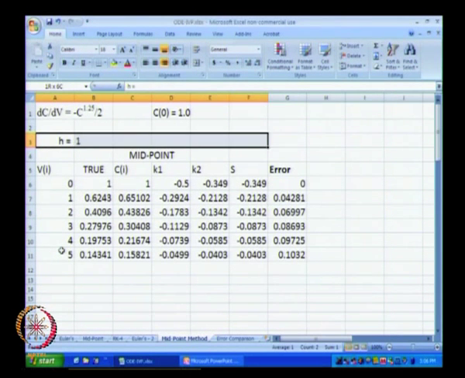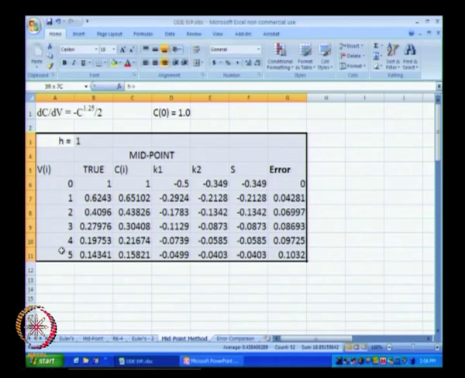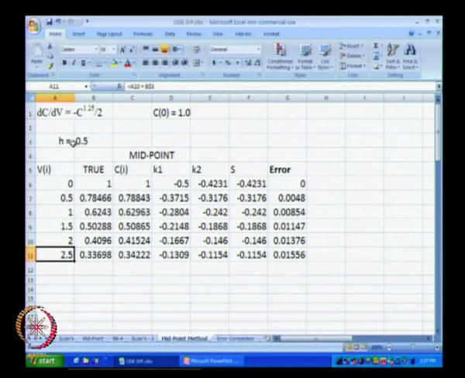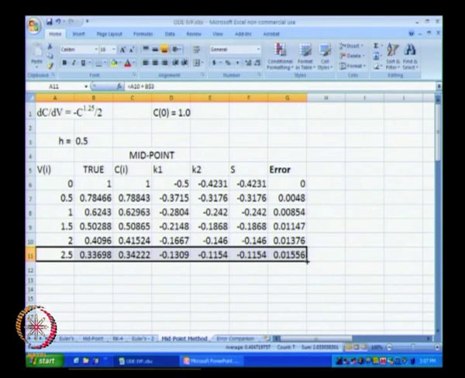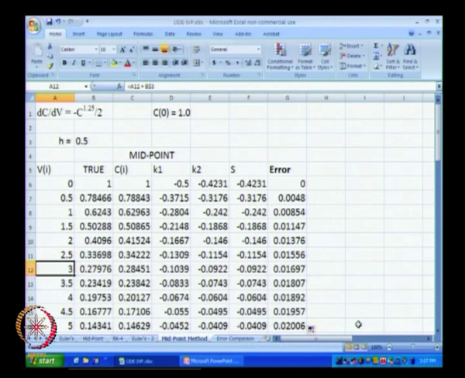Okay. So, these were the results using the midpoint method. We highlight this entire row and drag it below until the value of V reaches 5. Okay. So, all we had to do was change the value of h over here to 0.5, and we can just check the values of Ci.